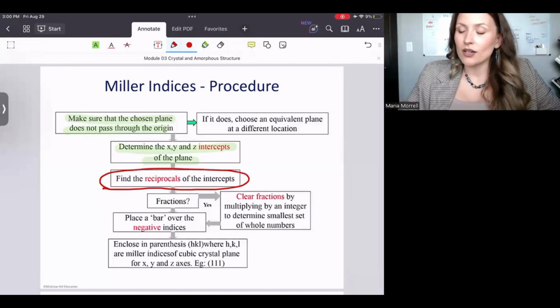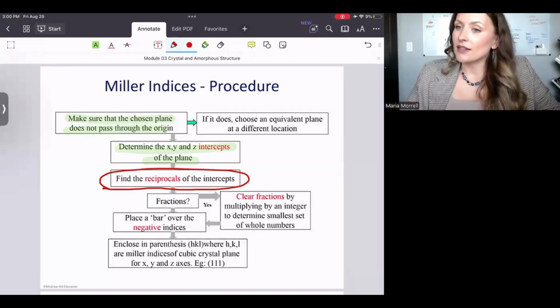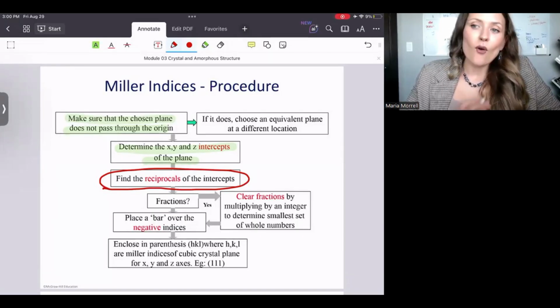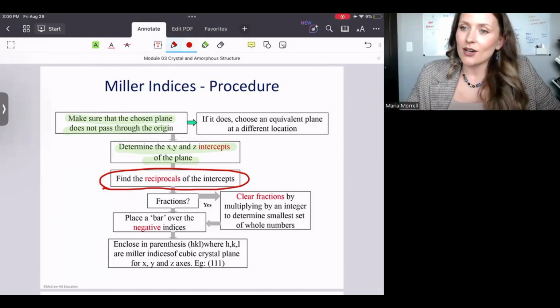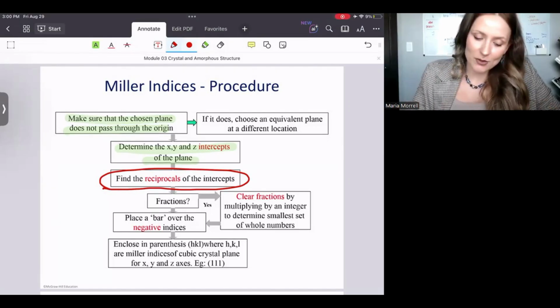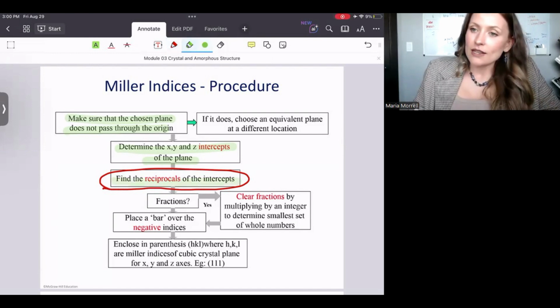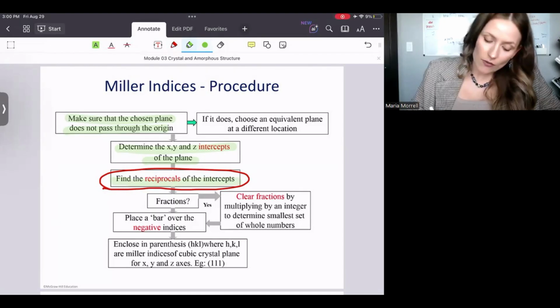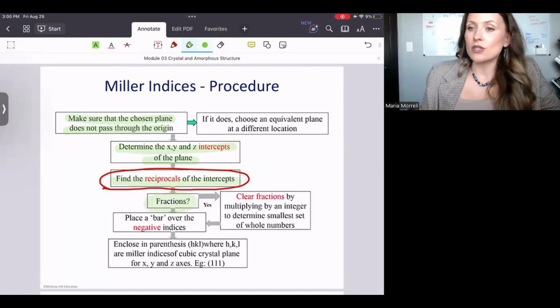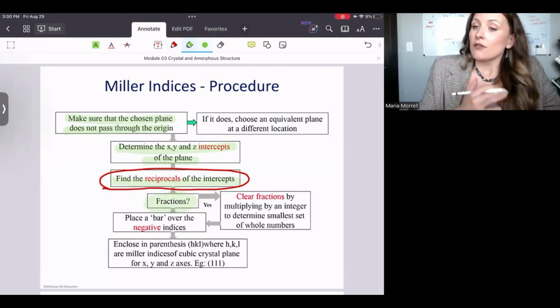During homework, during quiz, and in class, during lectures, the majority of students always remember that they need to take the reciprocals. But during the examination, this is where we usually make those unfortunate mistakes, right? Make sure that you find the reciprocals of those. Now, next question is again going to be, are you dealing with fractions? If no,